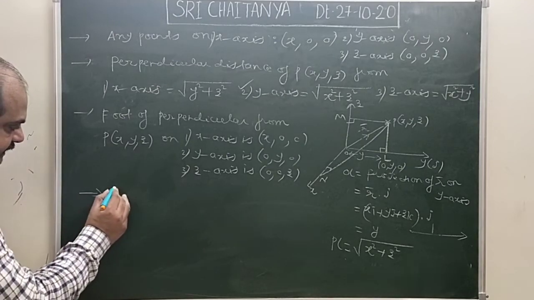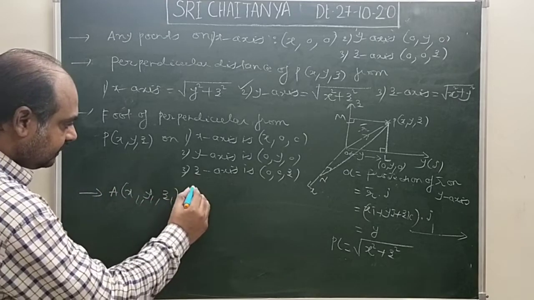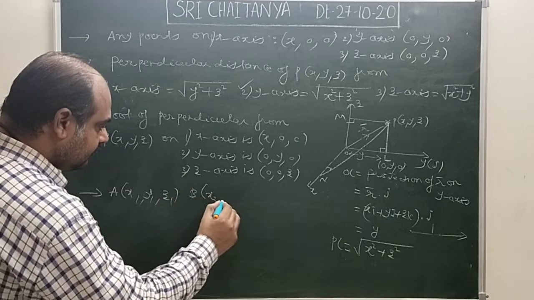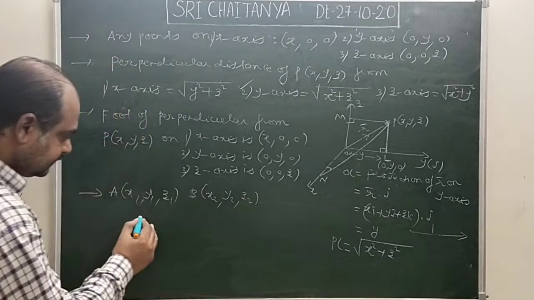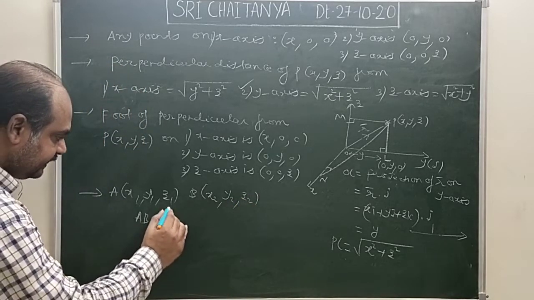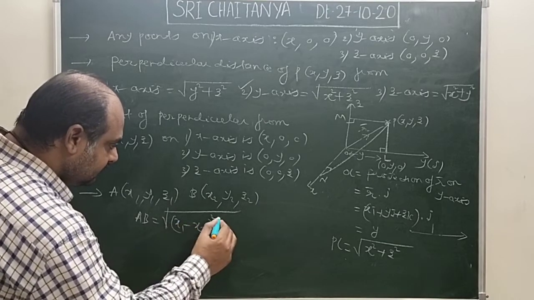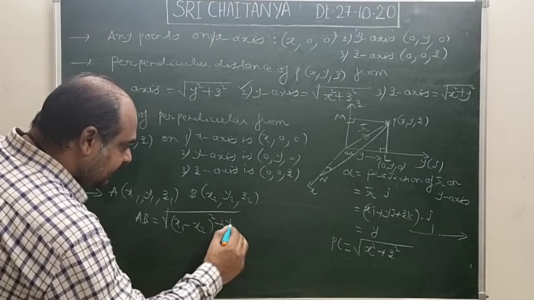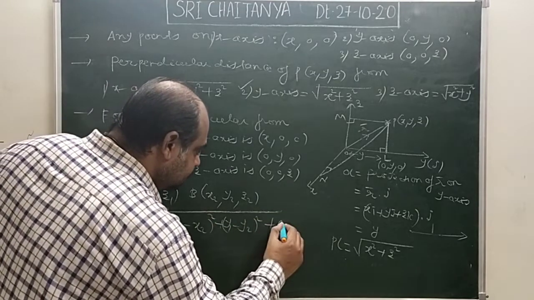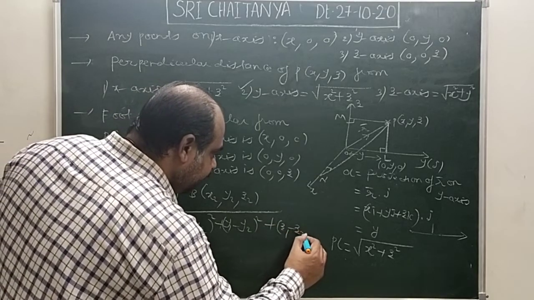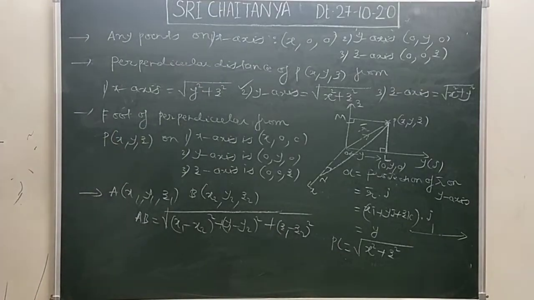Next point is the distance formula. Here it is the same. For points (x1, y1, z1) and (x2, y2, z2), just the z coordinate will be added in the distance formula, same formula. x1 minus x2 whole square, we have used this earlier also in the vectors chapter, y1 minus y2 whole square. Just the z coordinate will come in all the formulae.